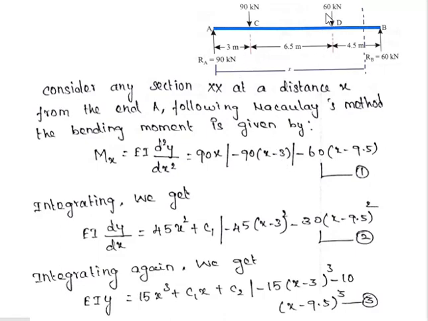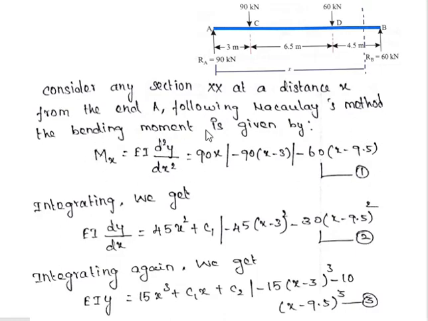Next step. Similarly, we have another point load acting on top of the beam. A concentrated load acting on top of the beam in a simply supported beam, in bending moment calculation, we put a negative sign. Similarly, here 60 kilonewton, so minus 60 into its distance. We know already the total distance is x. So x minus 6.5 plus 3 is 9.5. So we put minus 60 into x minus 9.5.